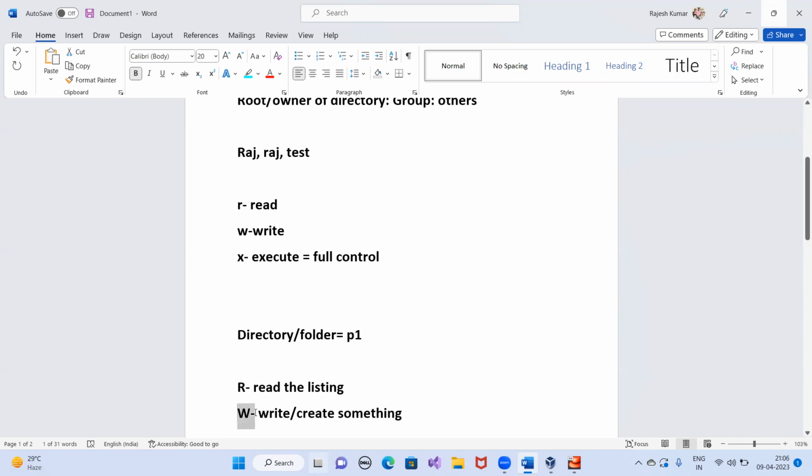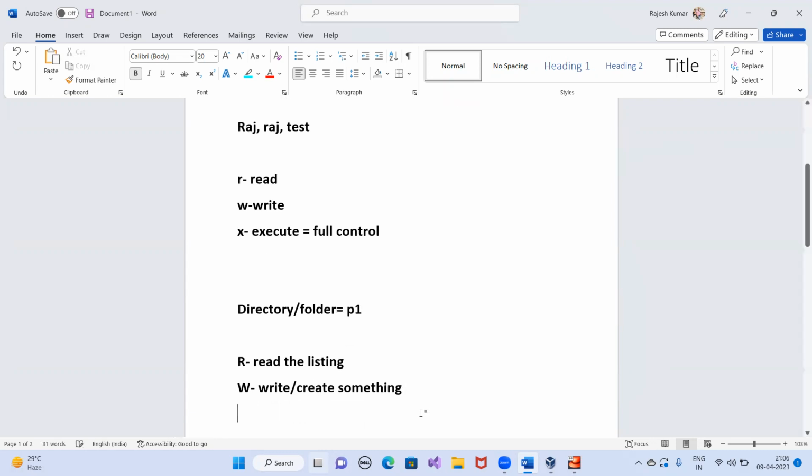But if any user has the write permission on the P1 folder, that user can enter inside the folder and can create something. That user can create another folder inside P1. That user can create another file inside P1. They can edit also. If any current file is available there, they can edit it.